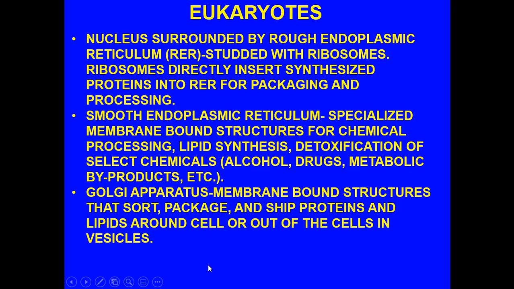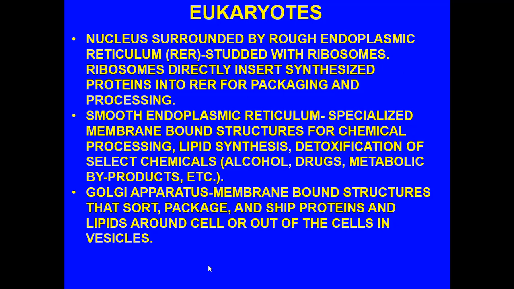Now, the nucleus is surrounded by the rough endoplasmic reticulum, which we talked about. RER is studded with ribosomes. We've talked about some of the function of the ribosomes when they are attached to the rough endoplasmic reticulum. Okay? But other structures are equally important. One of them, the smooth endoplasmic reticulum. Yeah, so that's not studded with ribosomes. Yes, that's true.